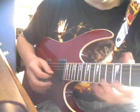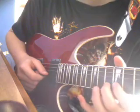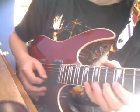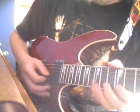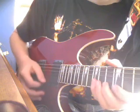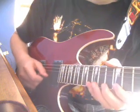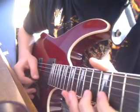What I mean by that is, let's take this shape right here, right at the 12th fret. So that's like an E minor scale position at the 12th. If you were to start that with a downstroke and go down, up, that's called outside picking, because when you're transferring strings, you have to actually go over the string and get it from the outside. It's not in between the strings. Your pick has to go outside and get that up. So there's a down, up,